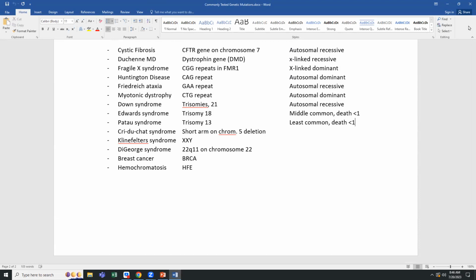So the CFTR gene, it's on chromosome 7. It's autosomal recessive. Duchenne's muscular dystrophy, it's your dystrophin gene, that DMD that we already saw in our test. It's X-linked recessive. Fragile X,